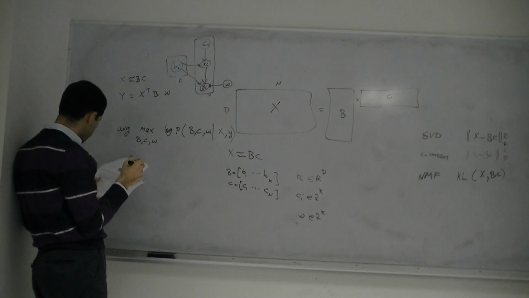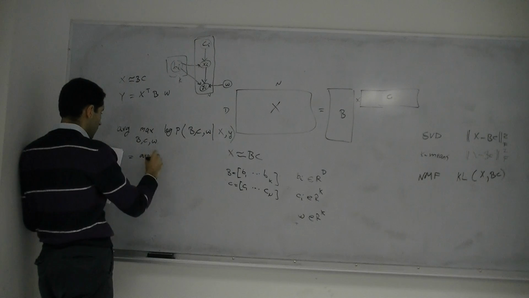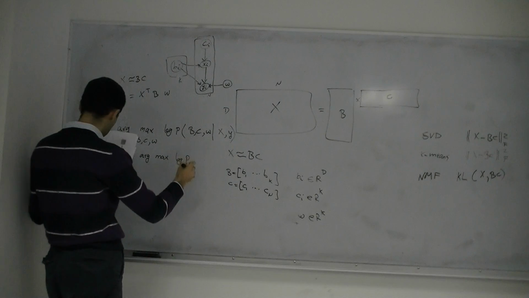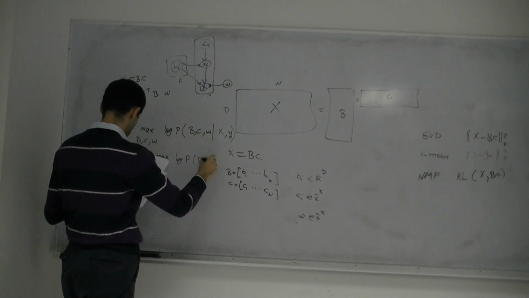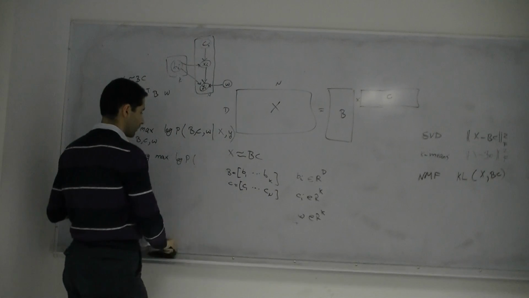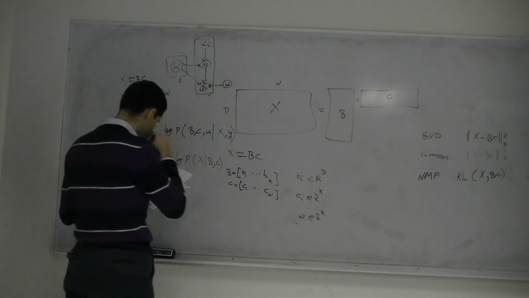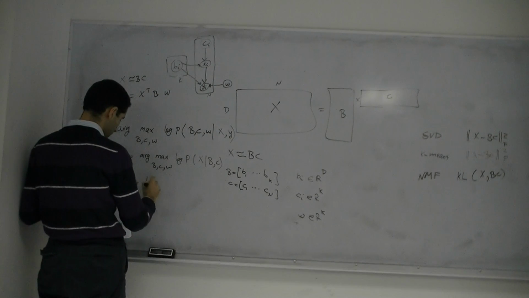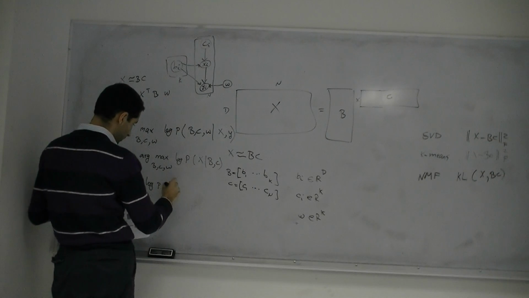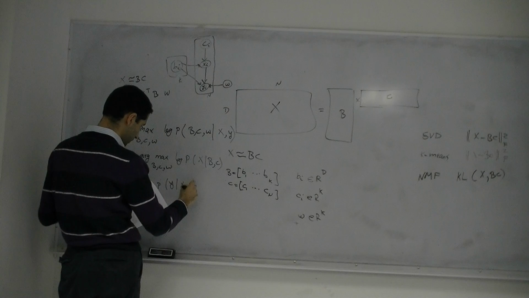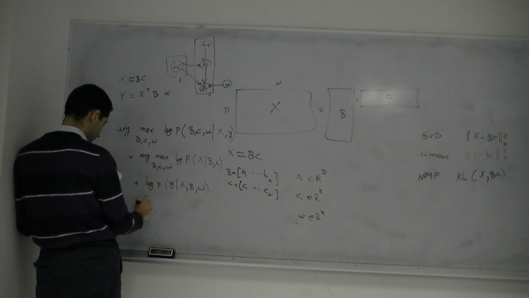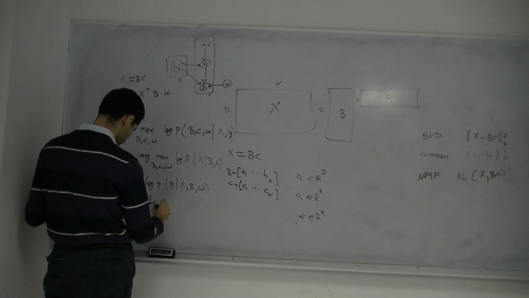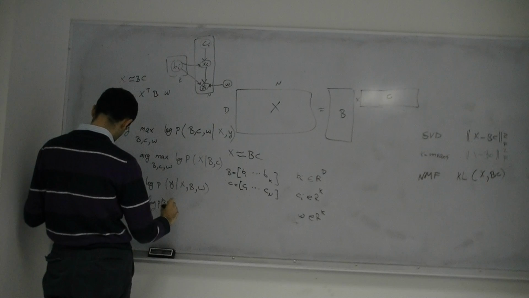It's equal to argmax of log P of X given B and C, over B, C, and W, plus log P of the label given X, B, and W, and the log of the probability of B, plus